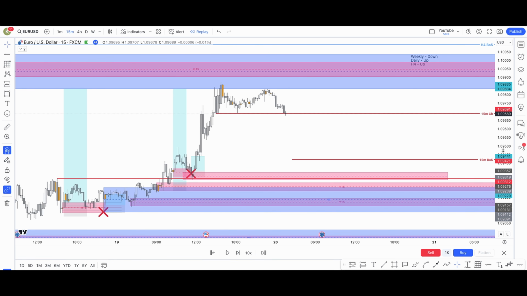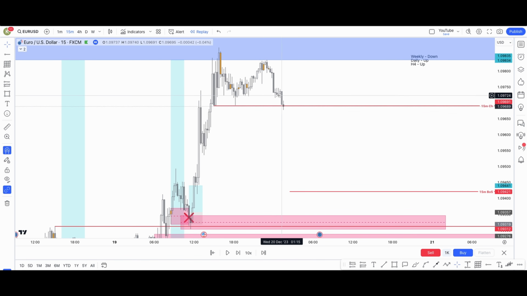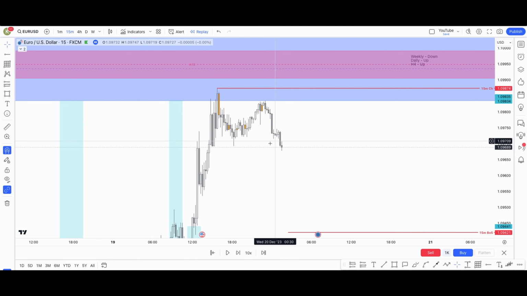Right, okay, so not the best, but we do have a CHoCH of a body. Yes, we do. So a CHoCH has occurred. That means CHoCH goes up there now, obviously, to keep on pressing with the M15. We can now look for shorts, and more than happy to do that. Where would we get involved in the market? Well, if we think of it like this,